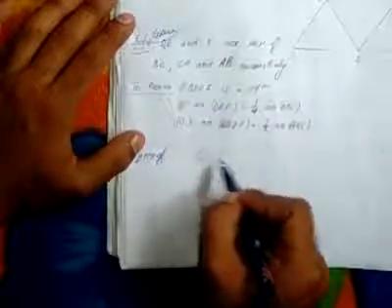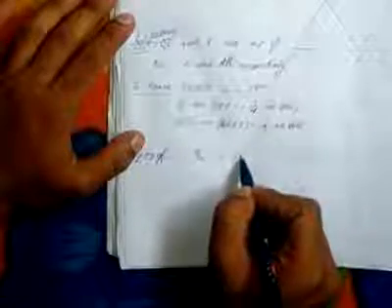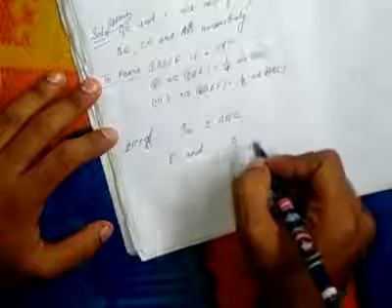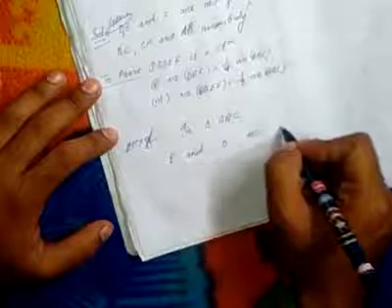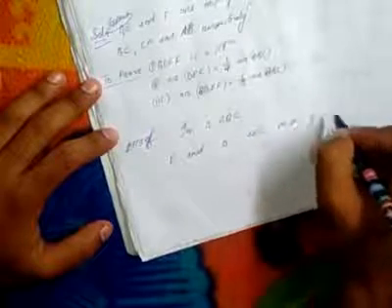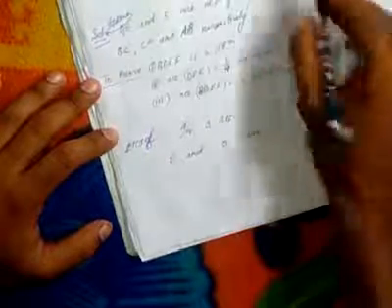In triangle ABC, we can write here, E and D are the midpoints of sides